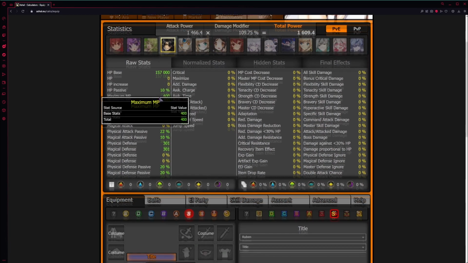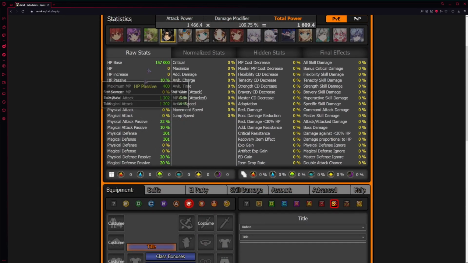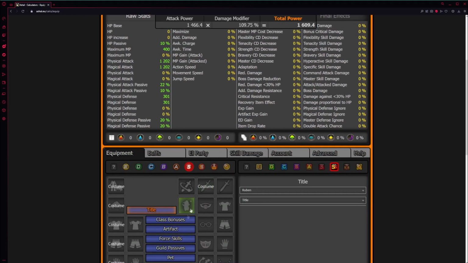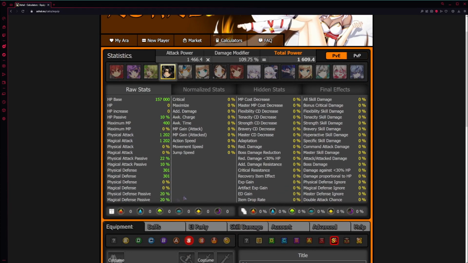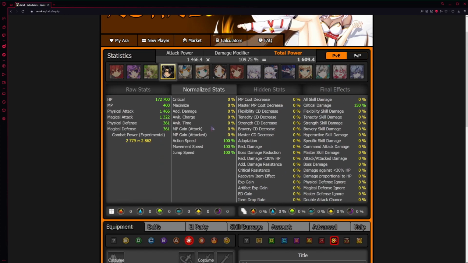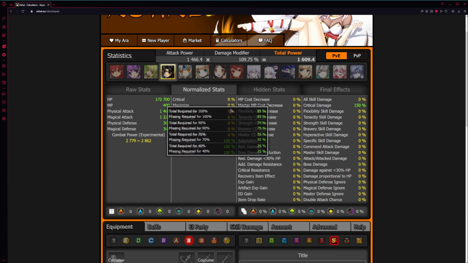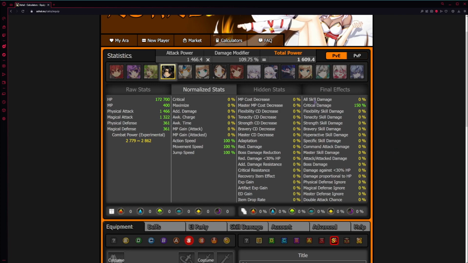So as we can see here, Ashal is very generous. We have all the raw stats here, and this is assuming you are level 99 with all your passives. This does not include Masterclass. We'll get into Masterclass in a second here. You see the artifact right here, but for now we're going to assume you're not Masterclass. So we have all our base stats here, all your raw stats of crit, maxi, all that fun stuff. Normalization, so this is post calculations of normalization, which is pretty much what you see in the UI for your stats sheet.